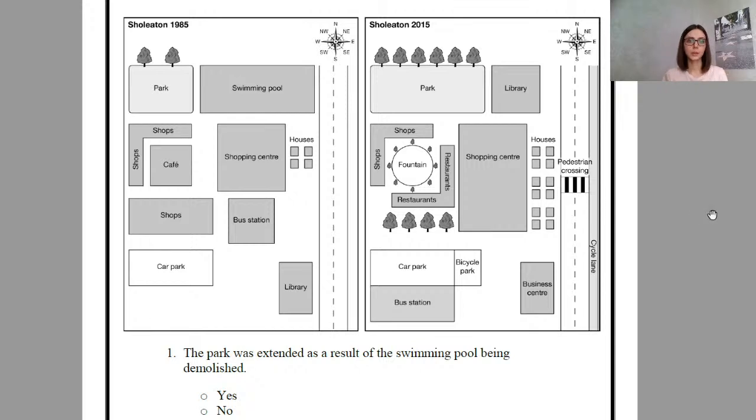So guys, the main changes here, as you can see, the first thing is that now more people are living in Charlottetown because more houses were built. Exactly. So you can see it here. Also, the city center became more accessible. You can see that a pedestrian crossing was added, and they built a cycle lane. So it became more accessible to visitors, so that other people who don't live in the city center can easily